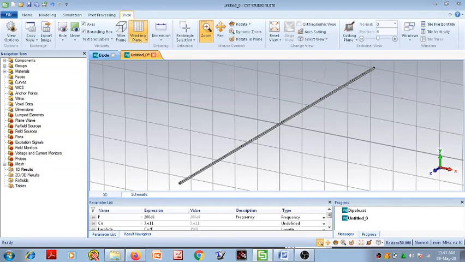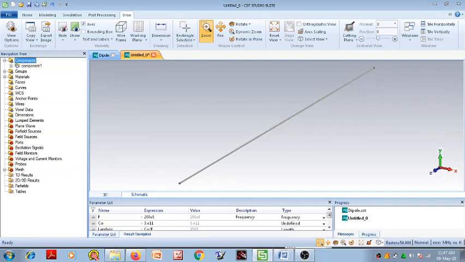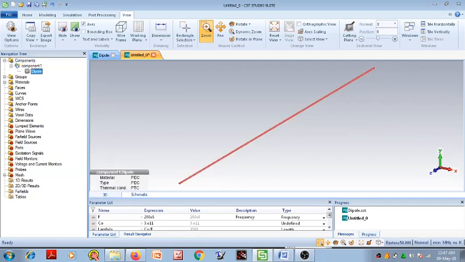Click on this view button, remove this working plane and remove this bounding box. Okay, now next is just check whether the dipole is generated or not. Click on this plus button of component. A dipole is generated there.